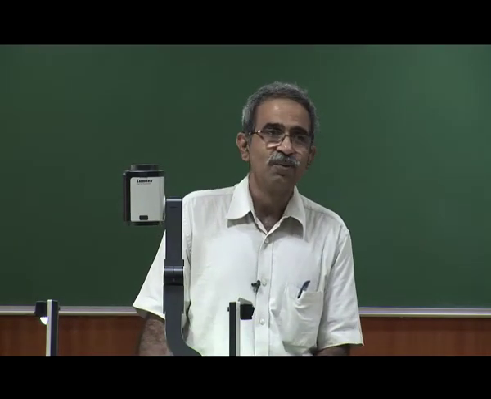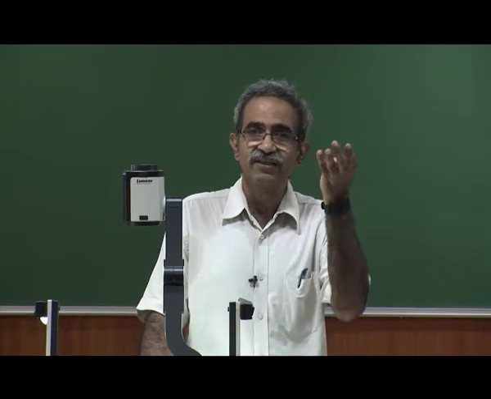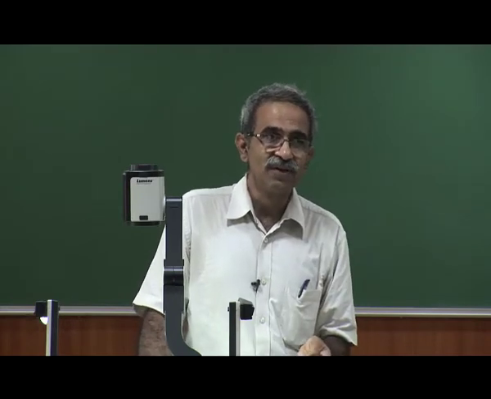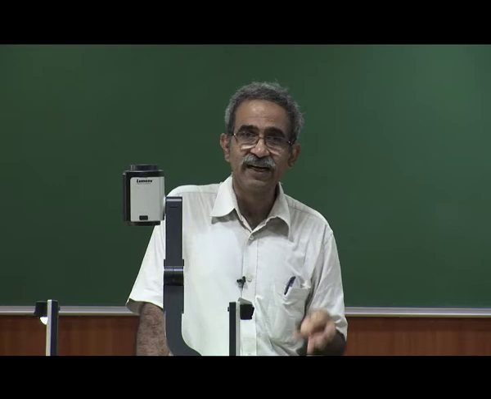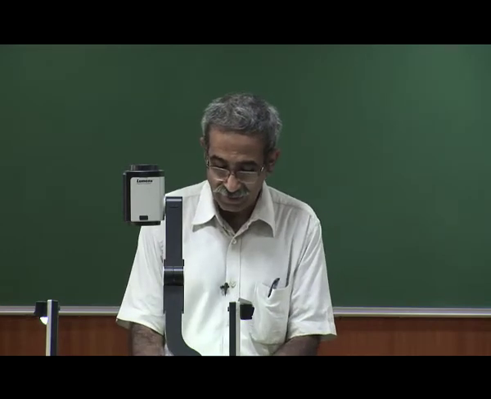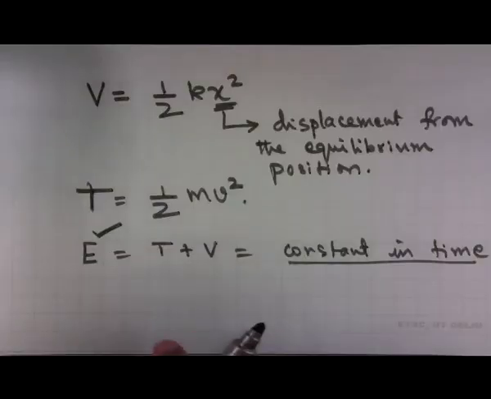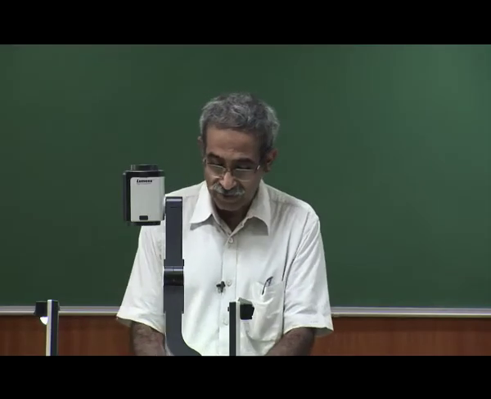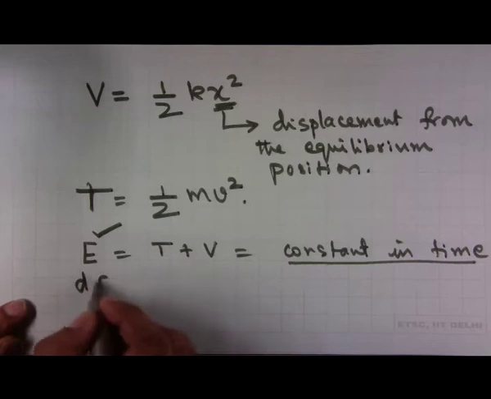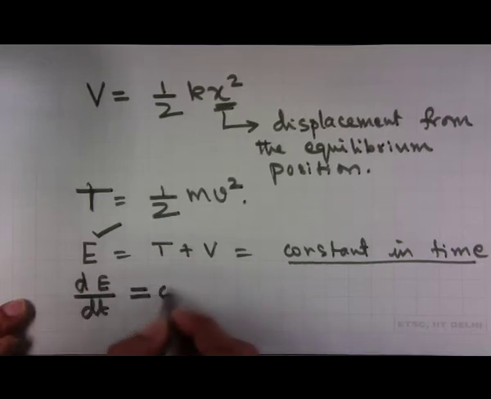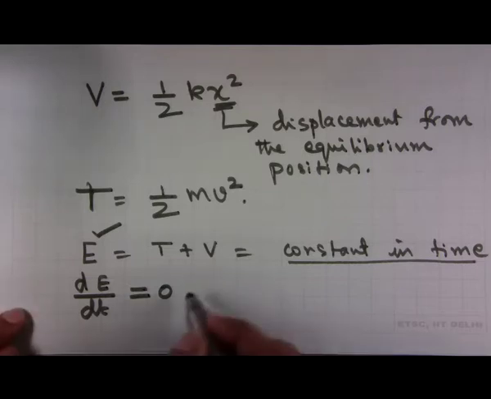So what we are saying is that the change in the kinetic energy is compensated by a corresponding change in the potential energy. You raise your kinetic energy, the potential energy goes down. You raise your potential energy, the kinetic energy goes down, such that this sum is a constant. So we don't have to go from force to this energy. One way of doing that is to simply take this as a hypothesis and demand this must be equal to 0.